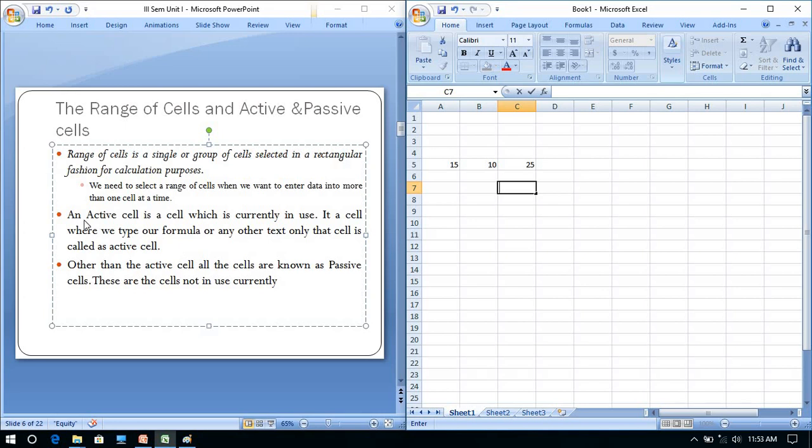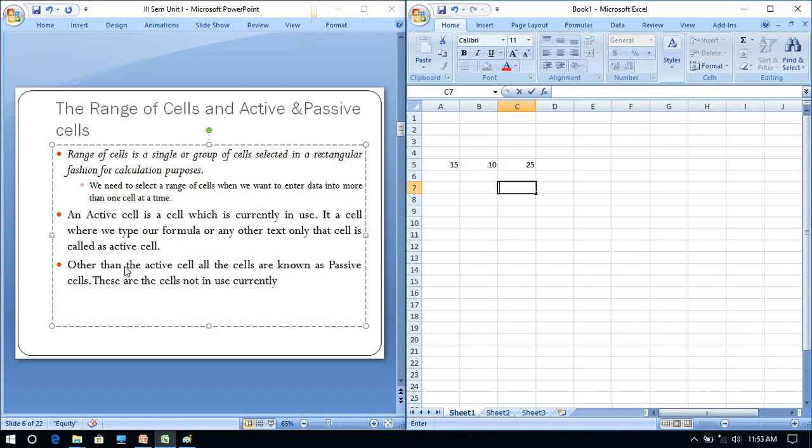So you can read over here, an active cell is a cell which is currently in use. It is a cell where we type our formula or any other text. Only that cell is called the active cell. So many cells are there, but only this cell is called the active cell because it is currently in use.